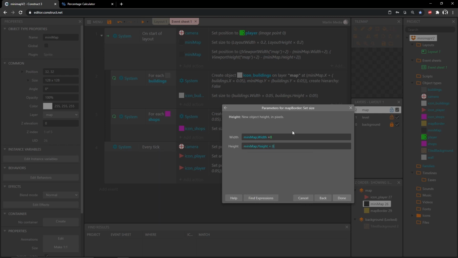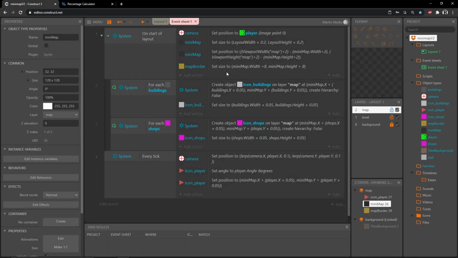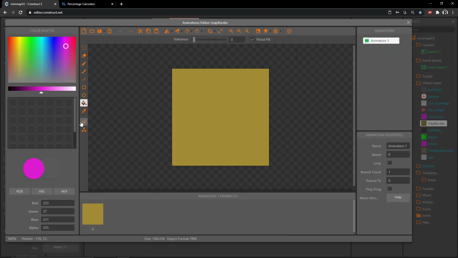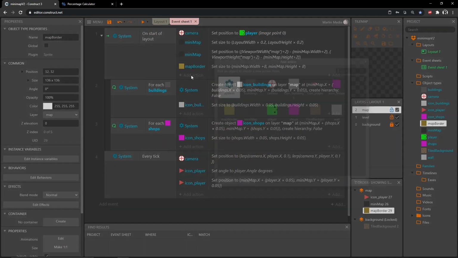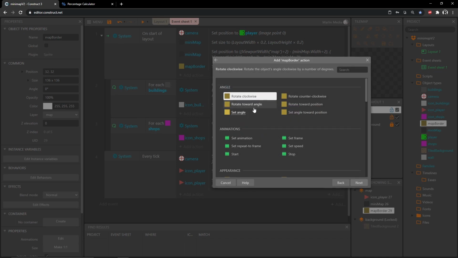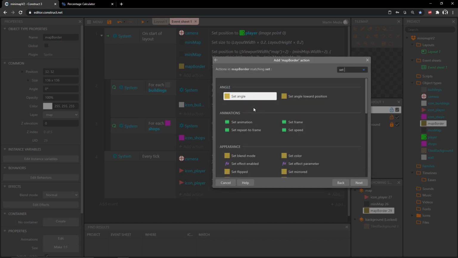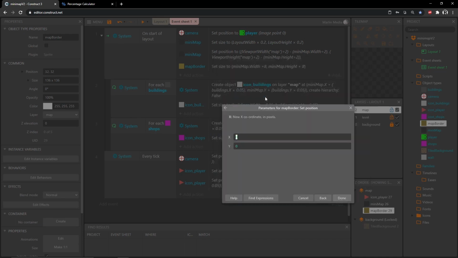Minimap.height plus 8. And now we need to set the position of the border. But if you remember, in our map border object, we put the origin point in 4 pixels from the left and the top. I'm actually going to put the origin point in the top left, so it'll be 0, 0 for X and Y. So now we can add an action, get our map border, and we want to set the position to